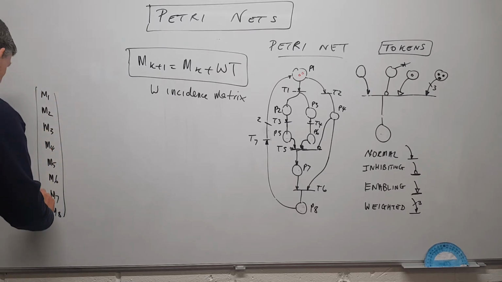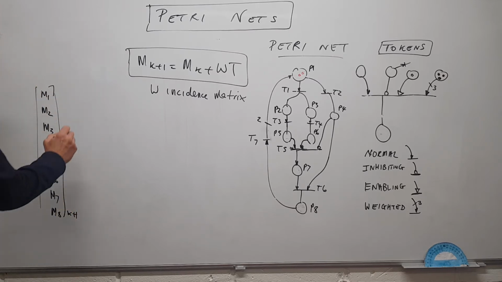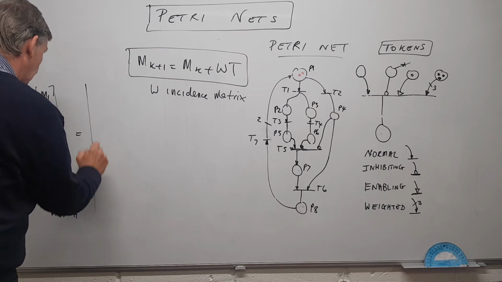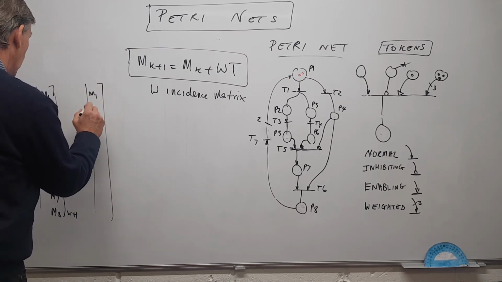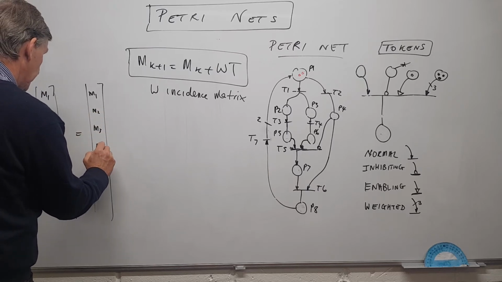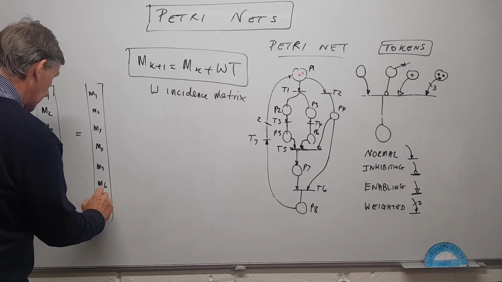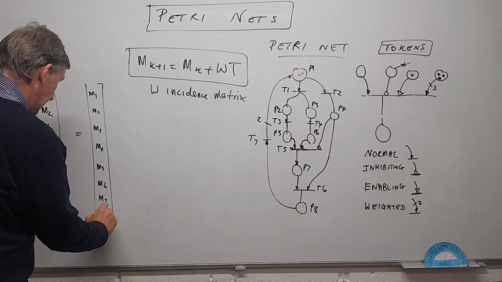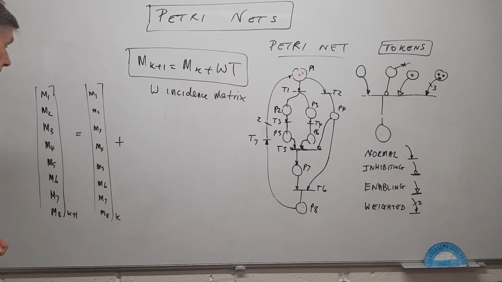This is the marking at, say, k plus 1. This is equal to the current marking, that's going to be M1, M2, M3, M4, M5, M6, M7, and M8 at instance k, plus,